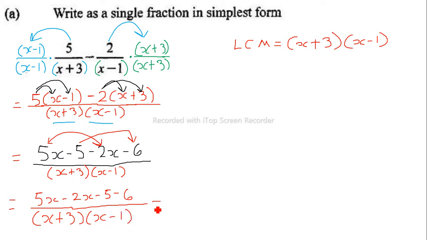And that equals, what is 5x minus 2x? 3x, yes. And what is negative 5 minus 6? Negative 11. Sorry about that. Divided by